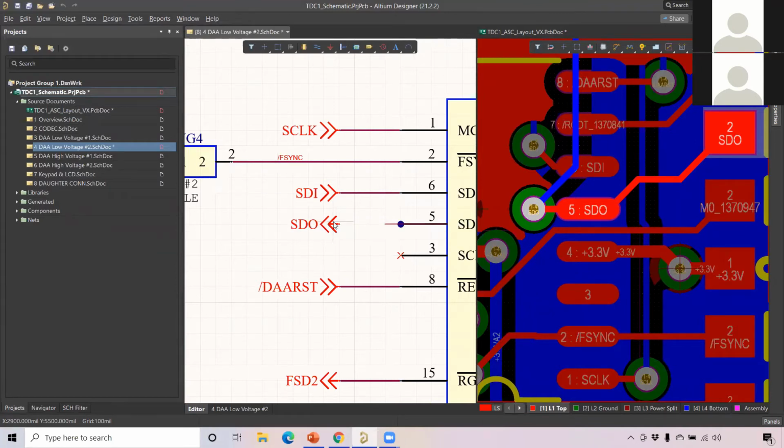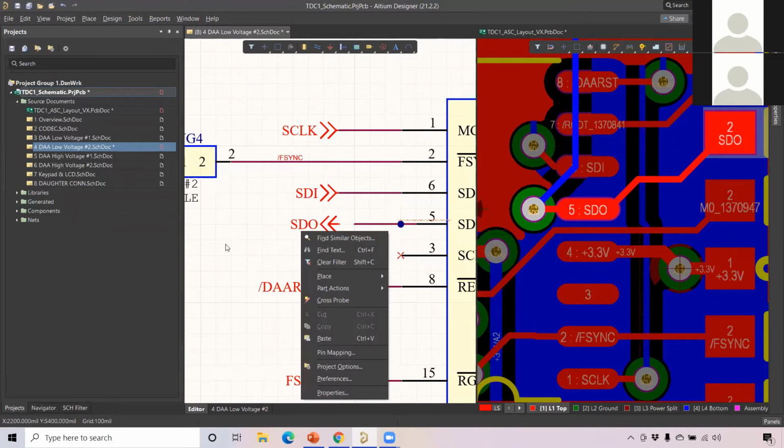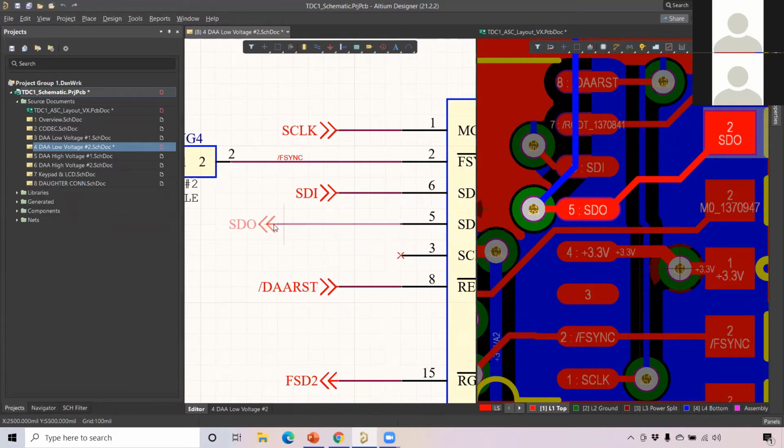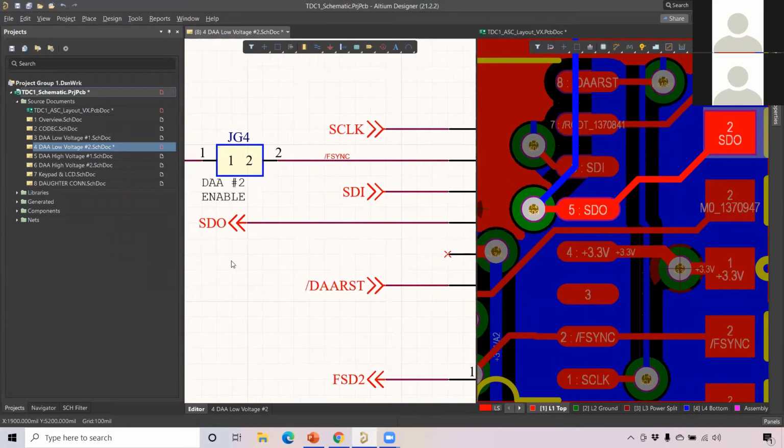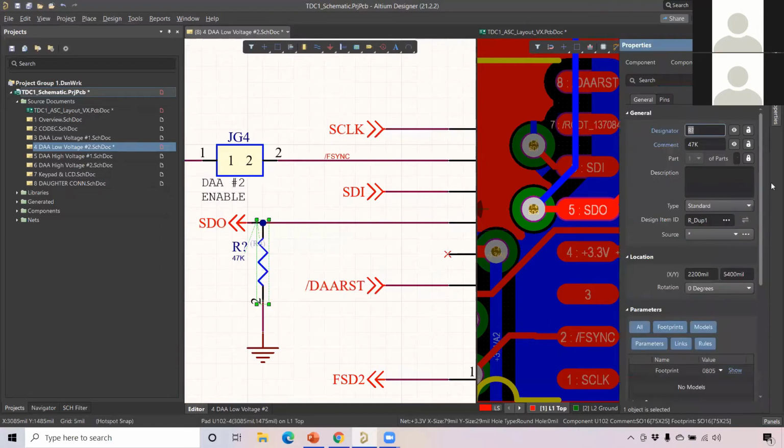So what I can do, let me drag this a little bit. Okay, so I try to place this resistor which I copied. Now I double click on the resistor and change the properties to 144, because previously R4 is connecting to this SD0 net. So I'm just adding the properties of the same resistor here. You can give any name or comment, whatever names you want to follow.